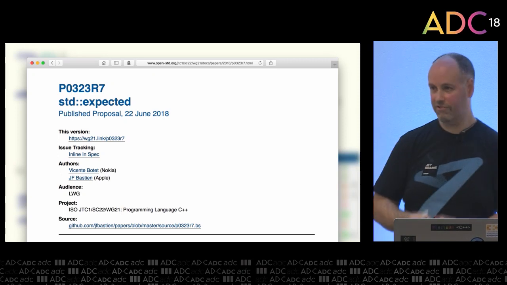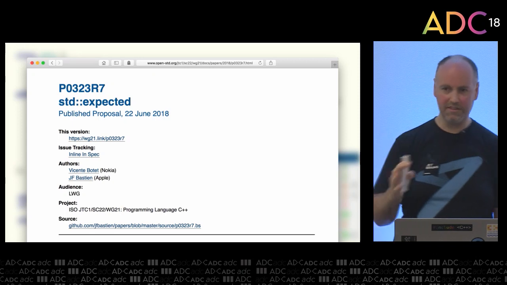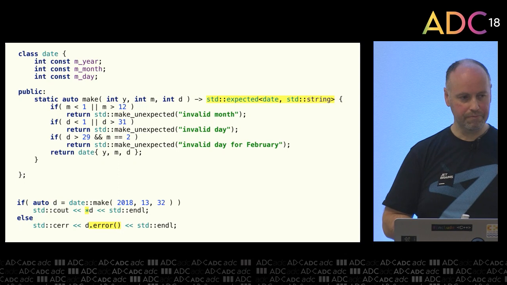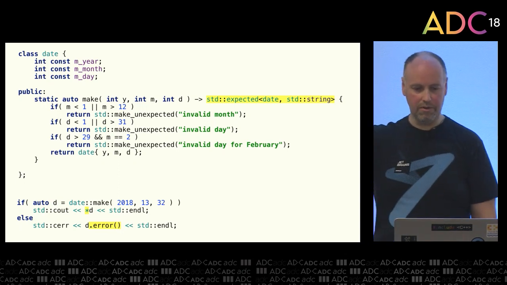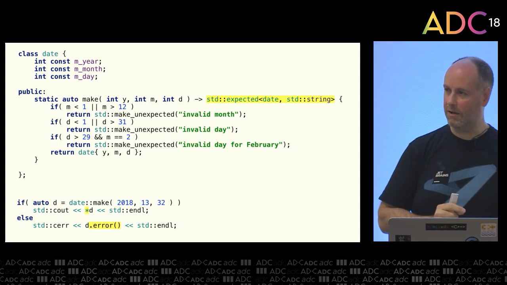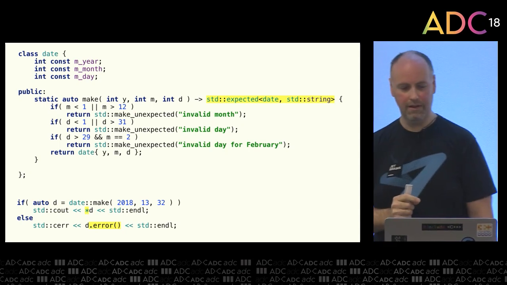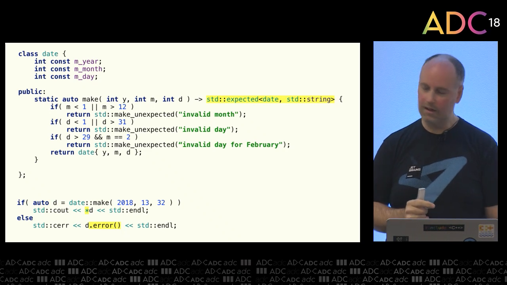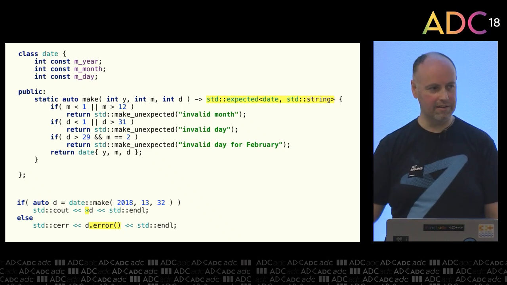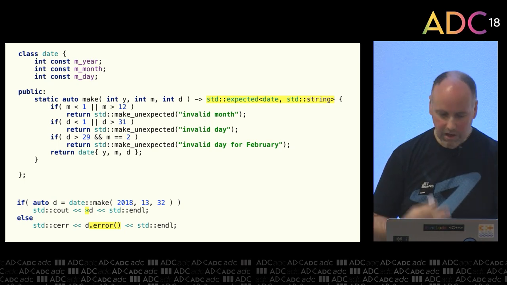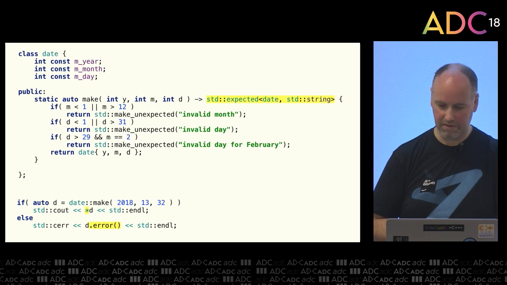And this is very much like a variant with two types, but it's customized for error handling. So let's see how we use that. In the signature, it looks very much like variant. We've got date. String here could be any error type. But the usage code is now much simpler. Again, like optional, we can just test it with the conversion to bool. We can dereference the value to get that out. And in the case of the error, we just say .error to get that out. So much more closer to our intention, which is the whole point of it.